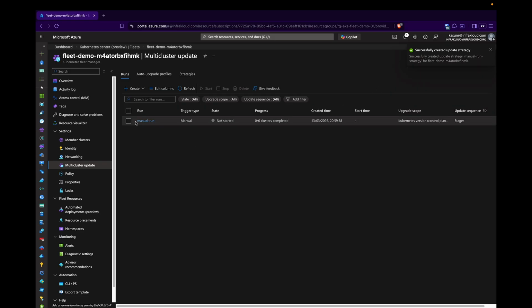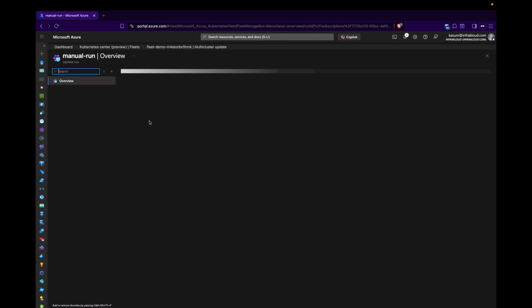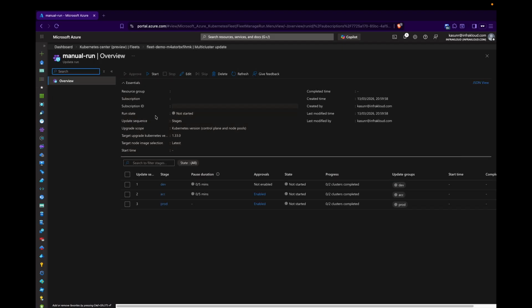Then what you can do is you can click the manual created run, then you can click start, right? Or what you can do is you can go inside that specific run which you want to run. Then you can see there's an overview of what are the stages that are going to run, how many clusters in this specific stage, right? Here also you can click run start, then it will start to run. So what I'll do is I will click start,